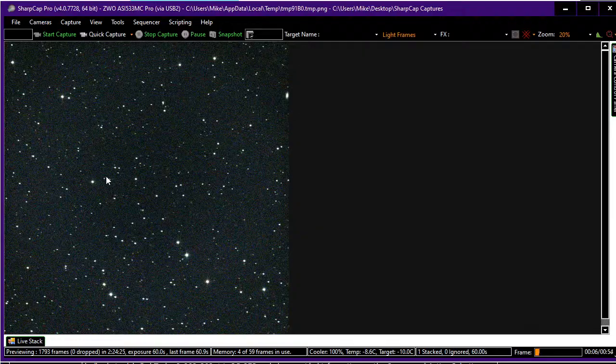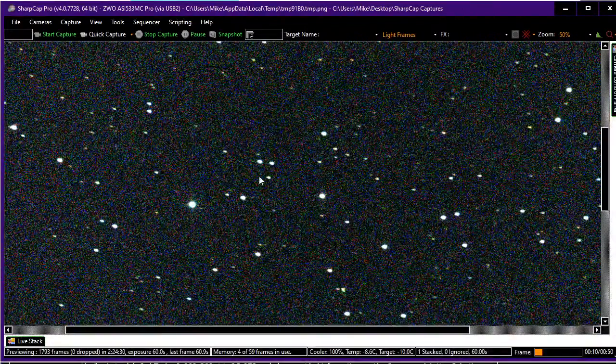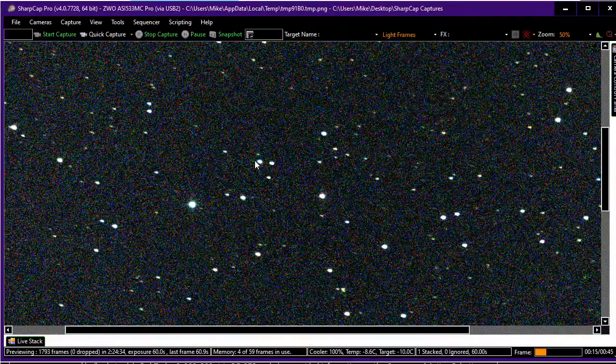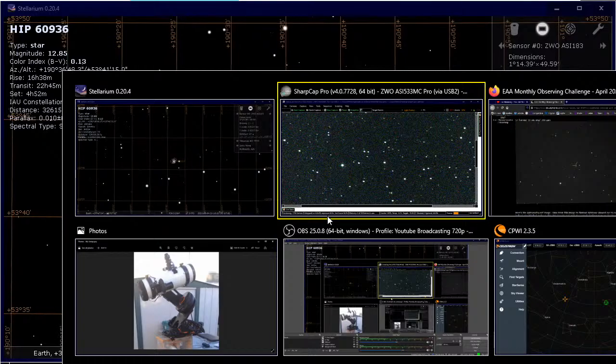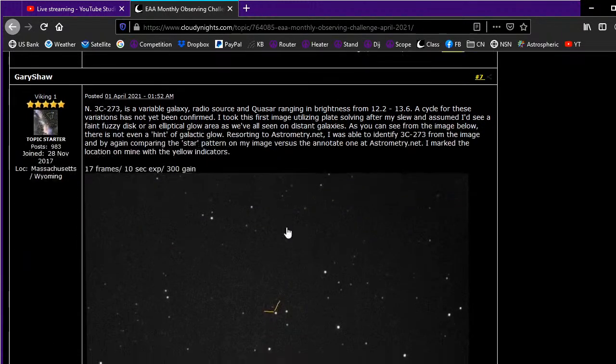Okay, so here is where we're talking about. This little triangle of stars right there, which is the same as this little thing right there, which is the same as this little thing right there. And that is it. Variable galaxy. A quasar ranging in brightness from 12.2 to 13.6. The cycle for these variations has not been...